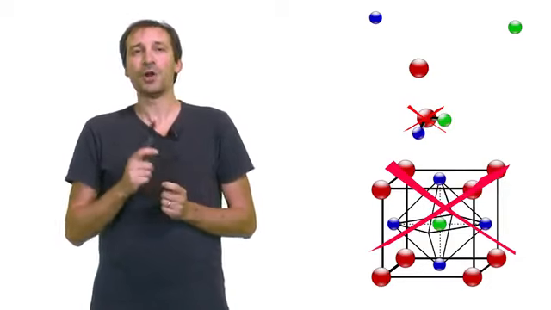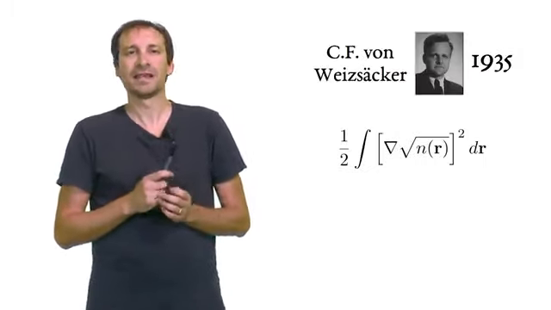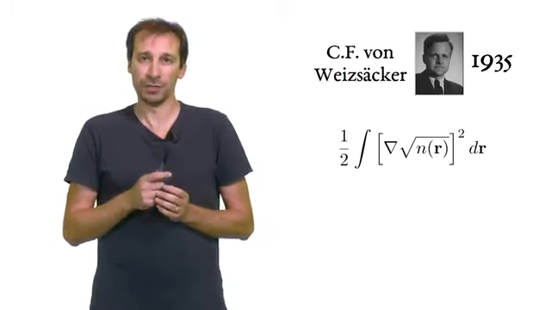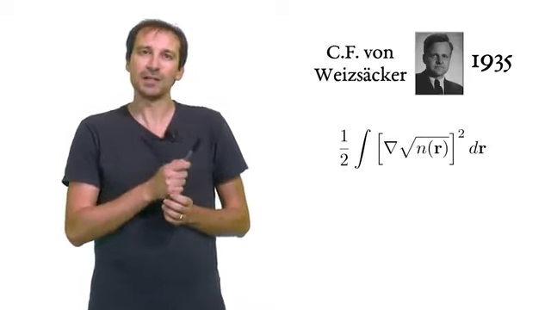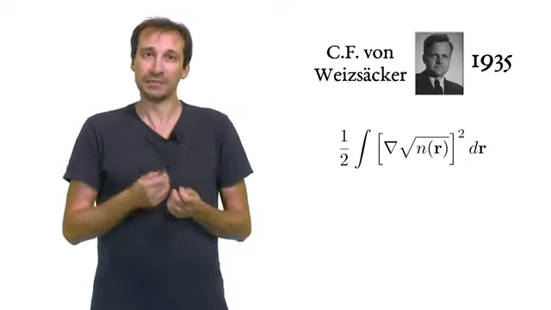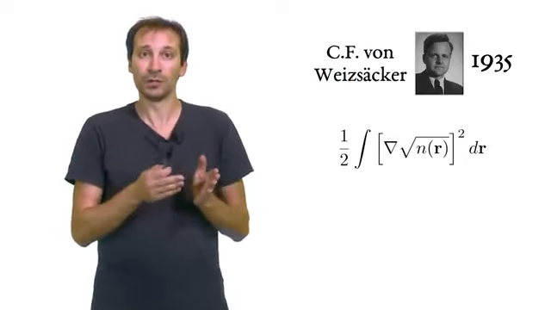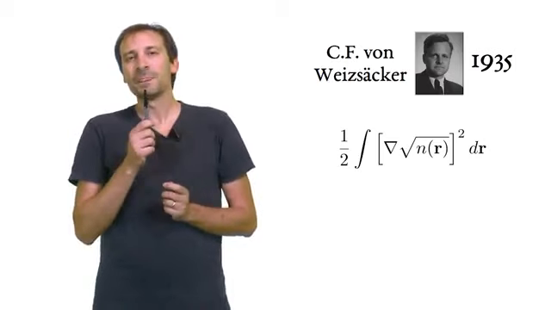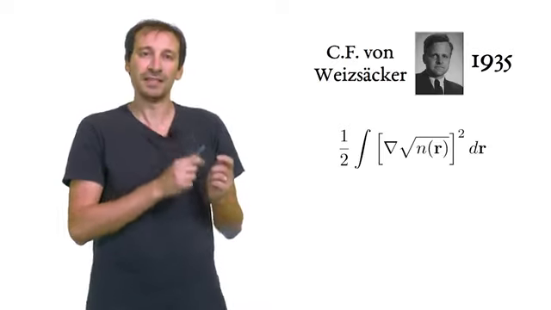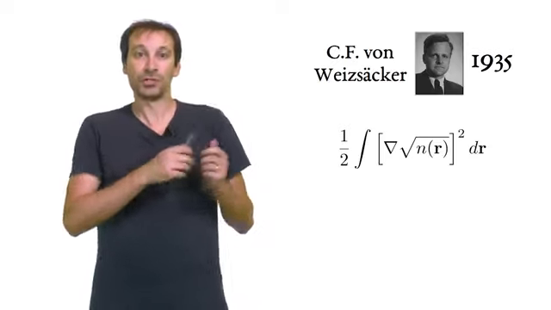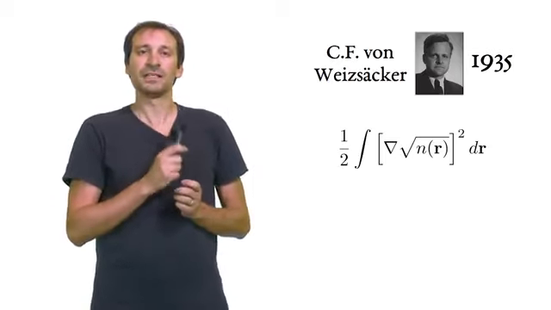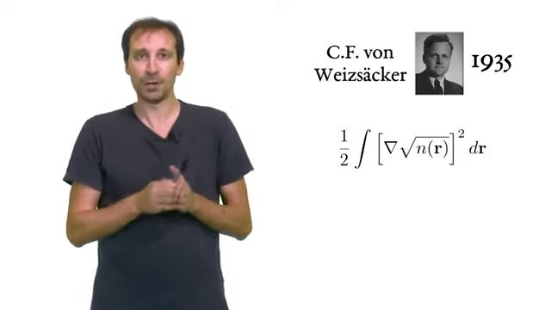And in fact, not long after realizing this, Carl von Weizsäcker proposed in 1935 a correction to the kinetic energy that depends on the gradient of the density, and that permits to obtain quantitative improvements. For example, bound molecules are now possible. It is very interesting to notice that this was not only the first example of density gradient expansions, which will be later extremely successful in DFT, but also the first example of the application of the Thomas-Fermi approach in a